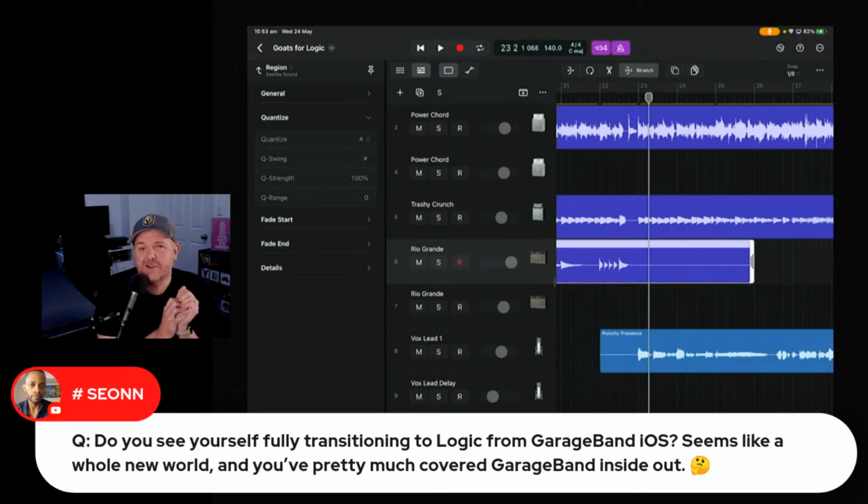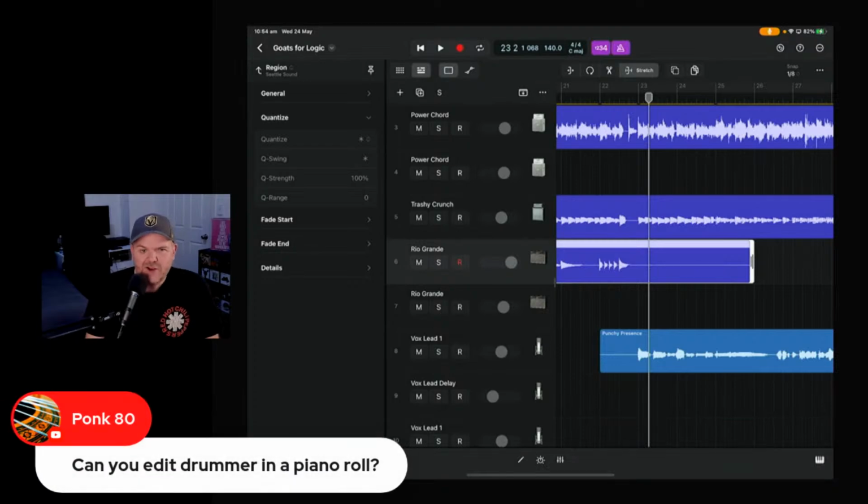So until GarageBand adds new features, which apparently they have, thank you to Pon Katie, who said they have added that chip tune pack to GarageBand, which is cool. So when we get new GarageBand stuff, I'll obviously cover it. And if there's any tips or tricks that I come across in GarageBand, I'll cover them. And I'll almost definitely do a GarageBand versus Logic video once I've really got the feel for it. In terms of the video content that we have around here, Logic will be featured more, and I can almost guarantee that Logic Pro will be what I use to do Song Timber this year. So that's coming. Can you edit drummer in piano roll?